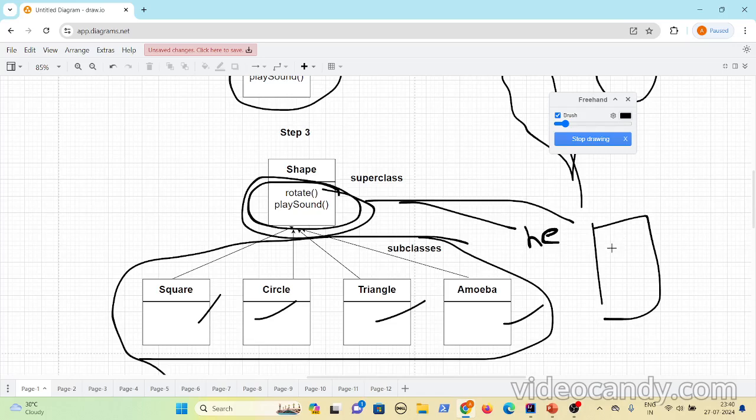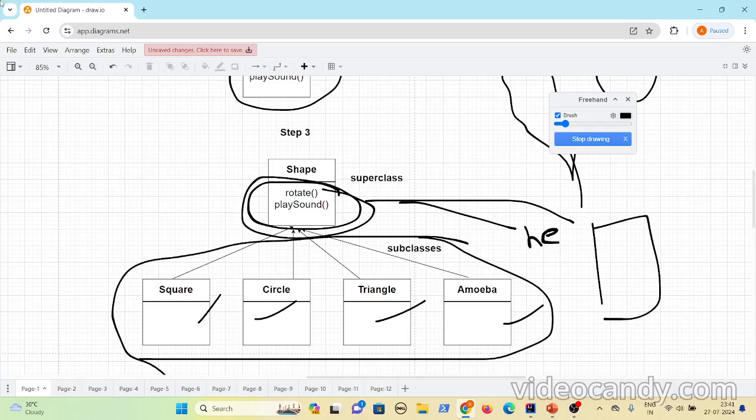Whenever you extend it, the rotate method and the play sound logic are automatically used by the hexagon. So with the help of this inheritance concept, the duplicate code is avoided and we can reuse the logic.